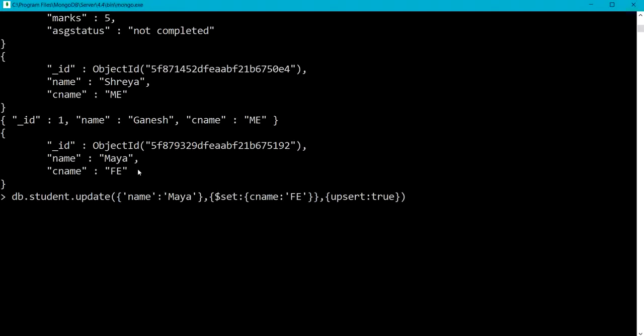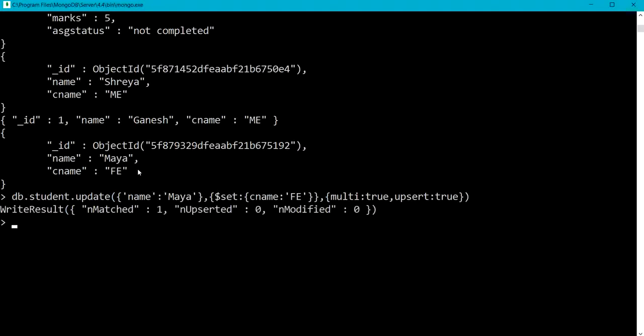Let me keep the same value for query document and update document. Only the thing that I'm going to add over here is the multi option, multi true, comma upsert true. Okay, so I have made both the options true.